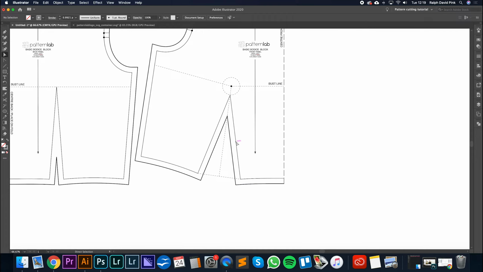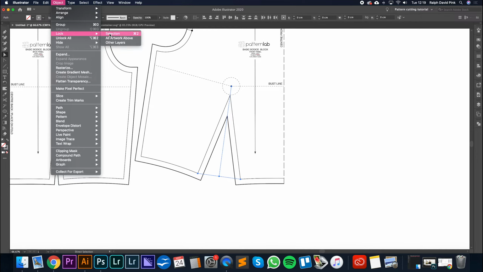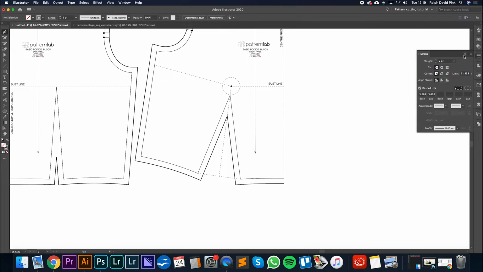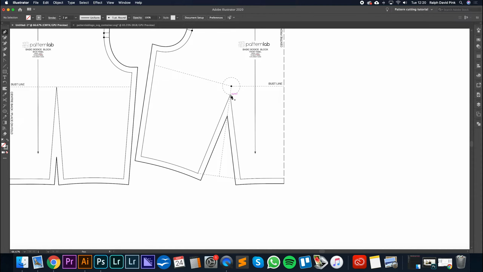Okay, so next I'm going to lock that again, so Select All, Object, and then Lock Selection, so we can't edit those either. I'm then going to get my pen tool, so this one here. Let's give it a slightly thicker line width so I can see what I'm doing. And I'm going to click here, here, here, and here. Okay, and next let's go to our